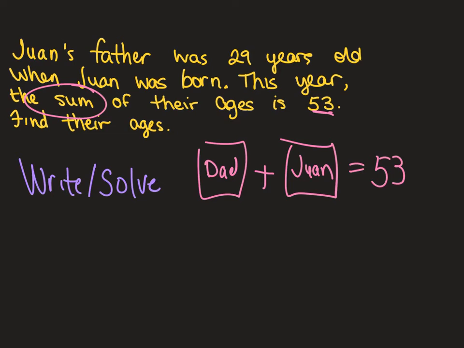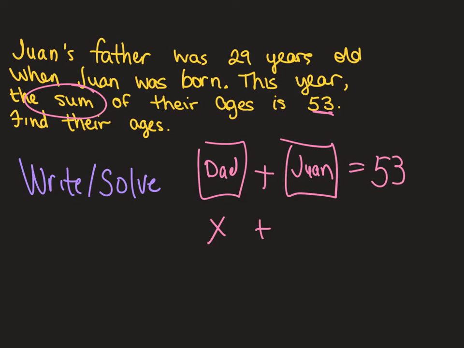What do I need to say? I think I need to say that I need one of them to be X. Okay, so either dad is going to be X or Juan is going to be X. And let's just try dad being X. Let's just see. I mean, I actually know what it is, but let's just see. All right, so if dad is X,